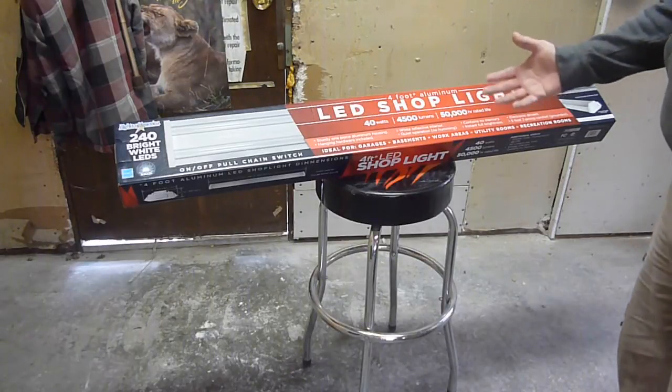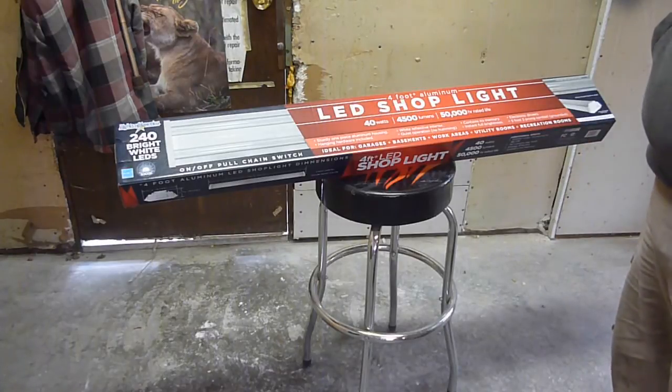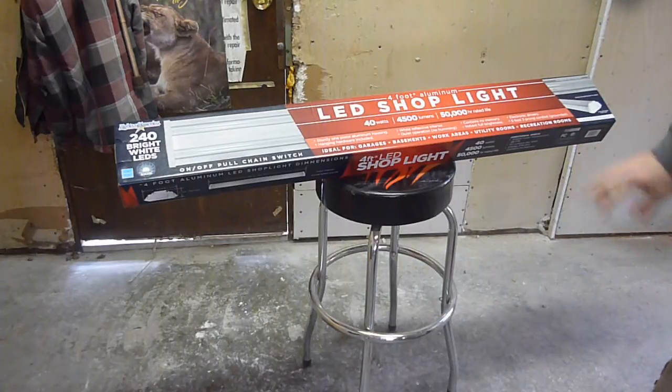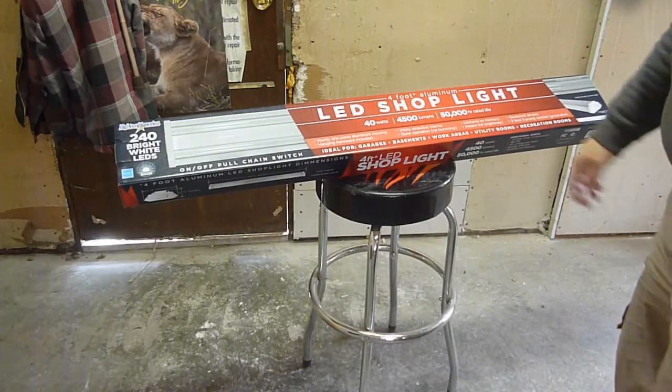It's an LED light. And I got to looking at it, and to get the T12s like I have it sitting under right now, they're basically phasing those completely out. You can still get them at like Walmart and things like that, but as you can maybe hear, they buzz and they don't give out a ton of light, and they're just old technology that uses up a lot of